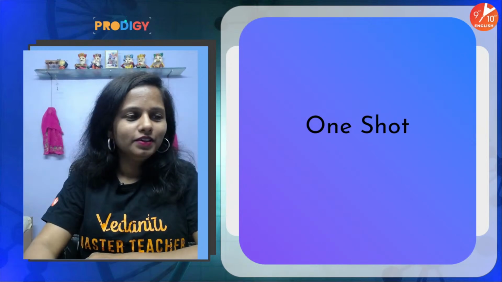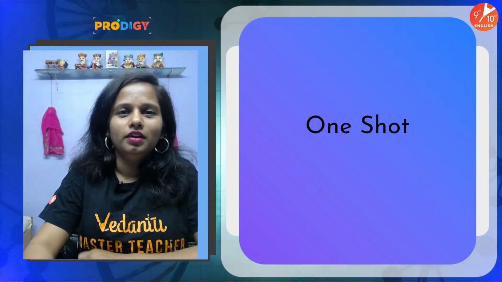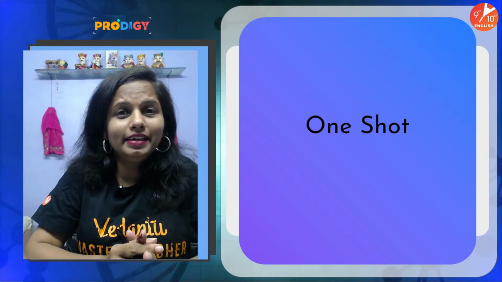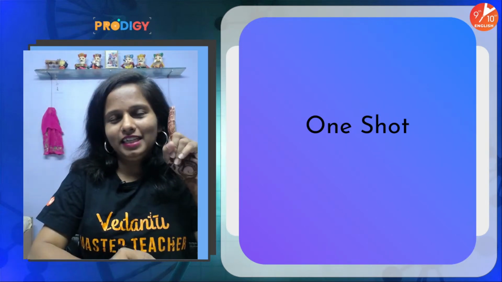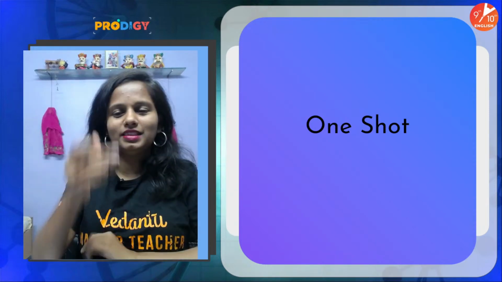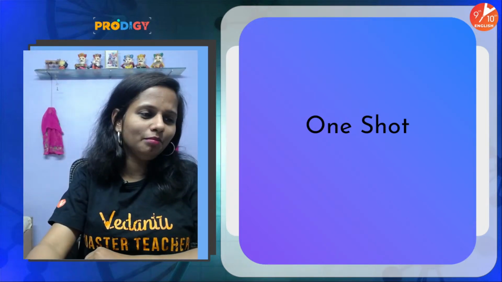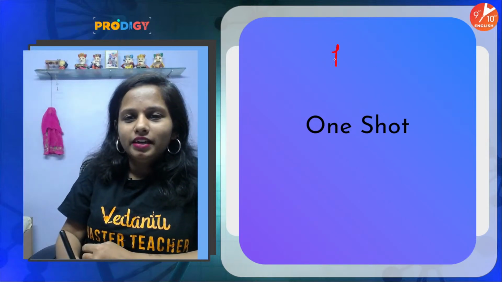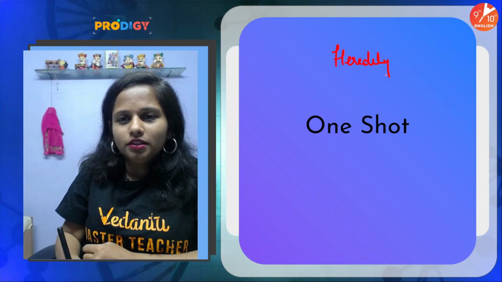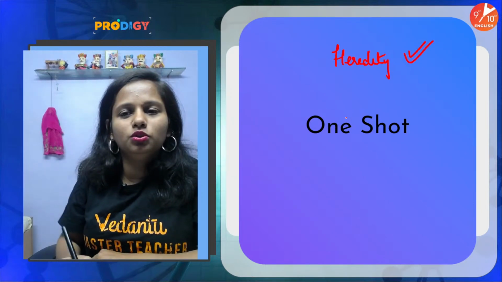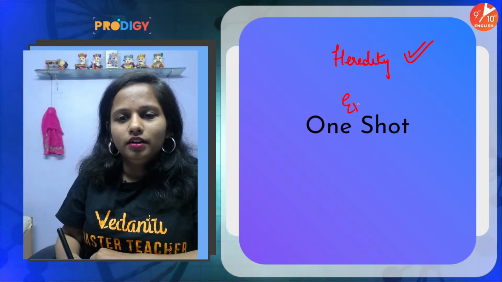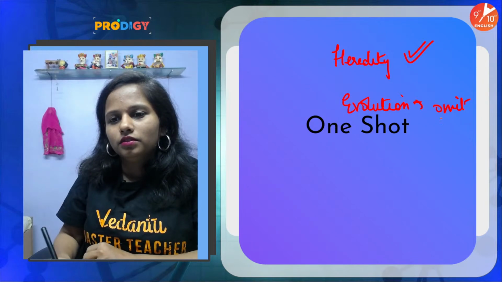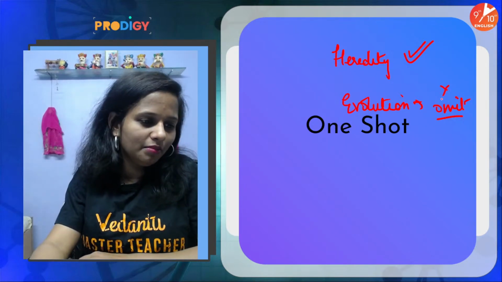Let's get started. So today we are here to actually learn the entire chapter Heredity and Evolution in one shot. Guys, this chapter is very important because the heredity part of this chapter is going to be a part of your term 2, whereas the evolution part of this chapter has been omitted, right? So we don't have that in the examination.